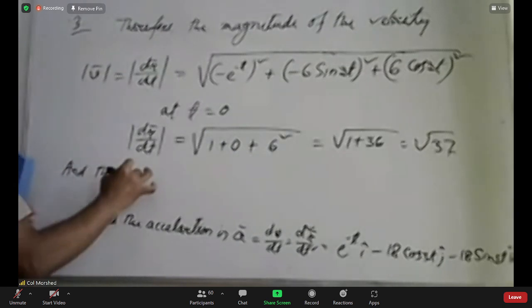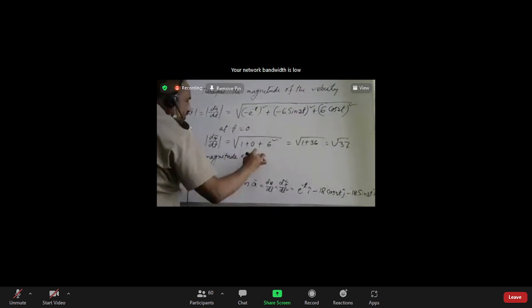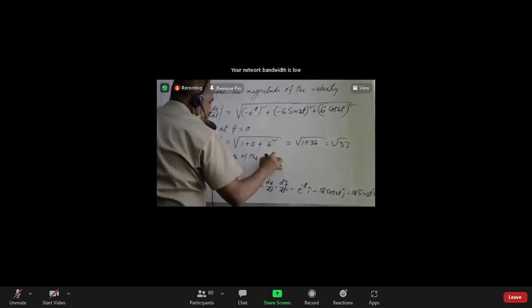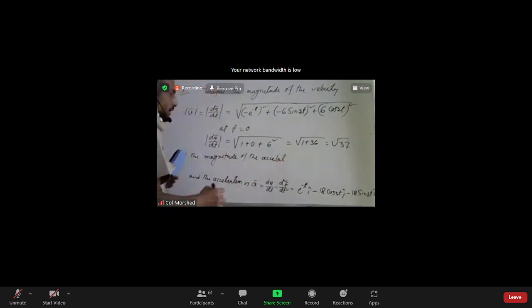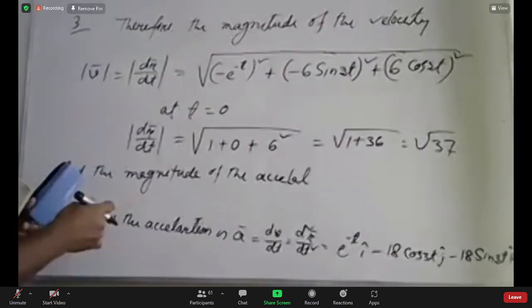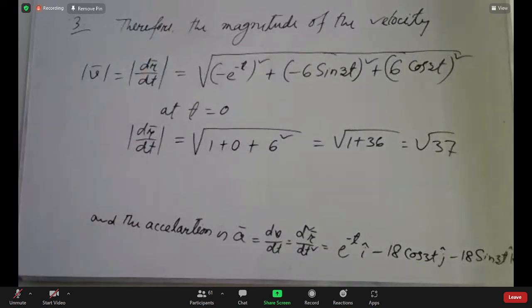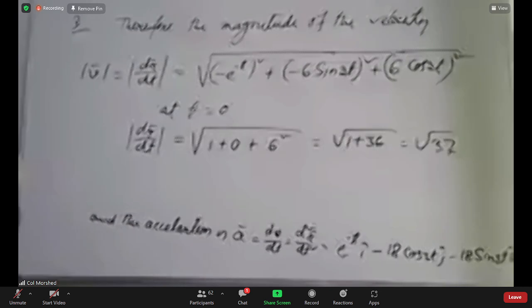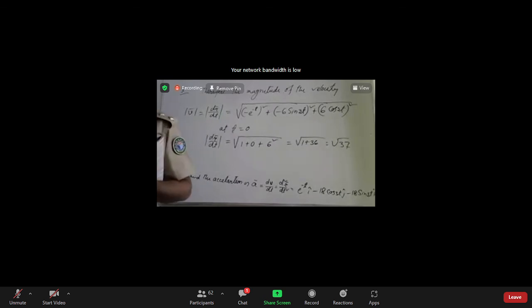So you find out the magnitude of the acceleration. It is your home task, right? I have done the magnitude of the velocity. Understood? So you find out the magnitude of the acceleration. Okay, and the similar problem you solve in the book, and we will take another class in the next class. We will also solve from this vector differentiation, right?